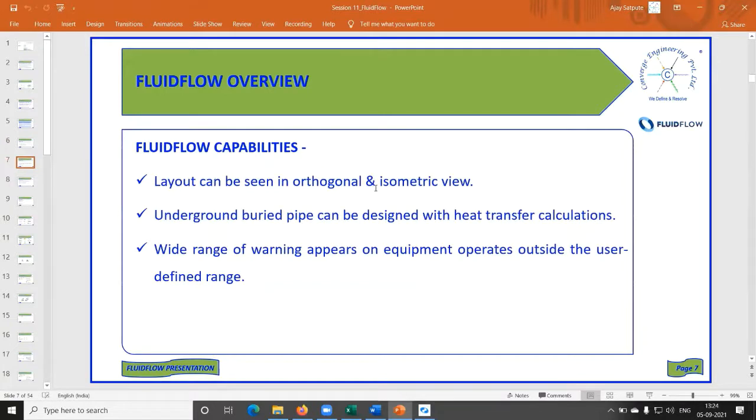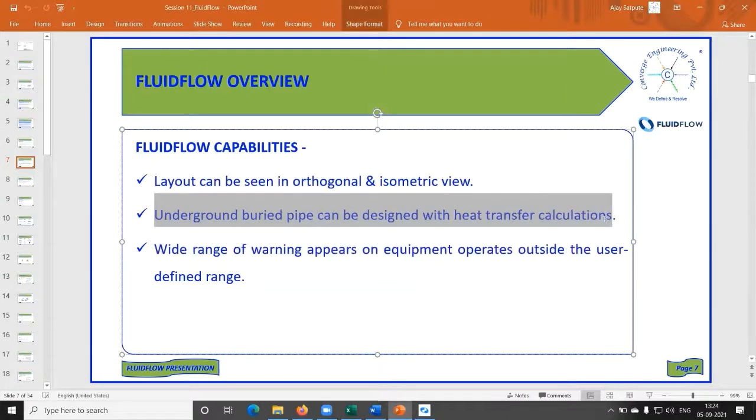Then layouts can be seen in orthogonal or isometric view. We can do the heat calculations also. So this is again a unique feature of this software. For other software, you don't really get what the temperature increase or temperature drop is. Let's say a steam pipe is there, say 100 meters. With insulation, what is the temperature or heat loss to the ambient, and without insulation? So we can get a better idea what should be the economic